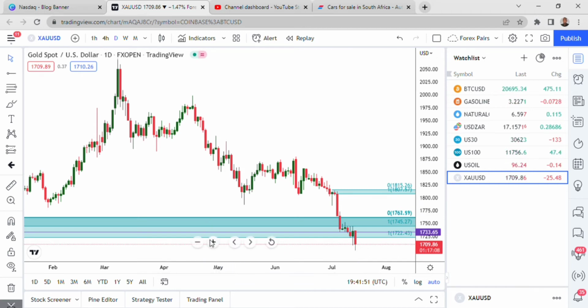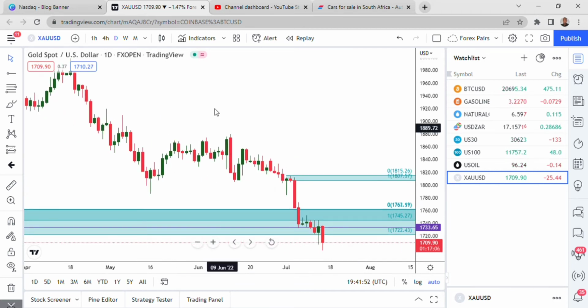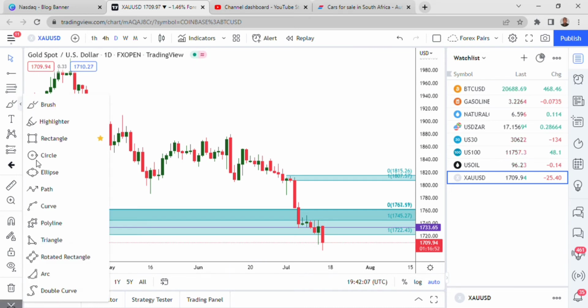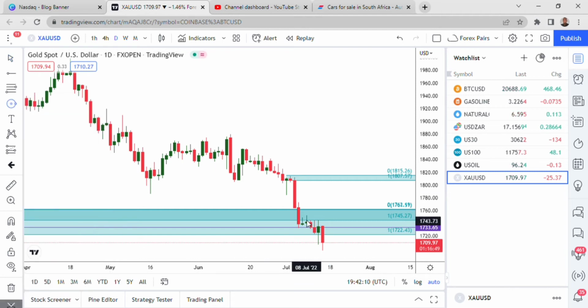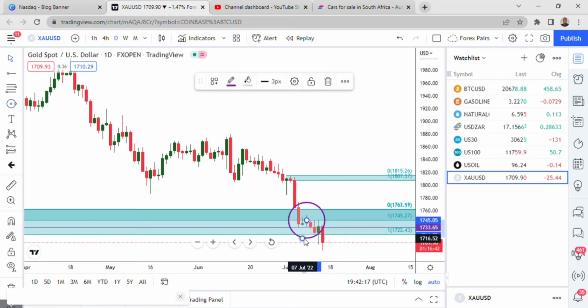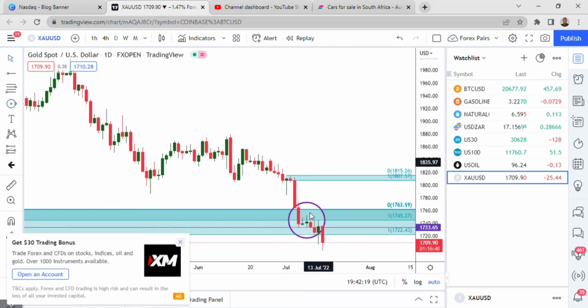I've been very busy, but today I have a chance to update you guys on gold. I remember we were expecting gold to react to this area here, if you watched the previous video I made on gold. Remember I used to talk about the mentorship, and we started last week Monday, this week Monday, which is the reason why I haven't had a chance to put out videos.